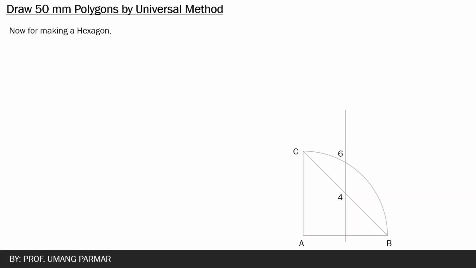Now for making the hexagon using the same method, this time we will follow the procedure with center point 6. For making the hexagon, we will select point number 6 as the center. Why 6? Because a hexagon has 6 sides. So the initial steps will be the same: this distance A to B, perpendicular A to C, then this straight line, this arc, and the bisector.